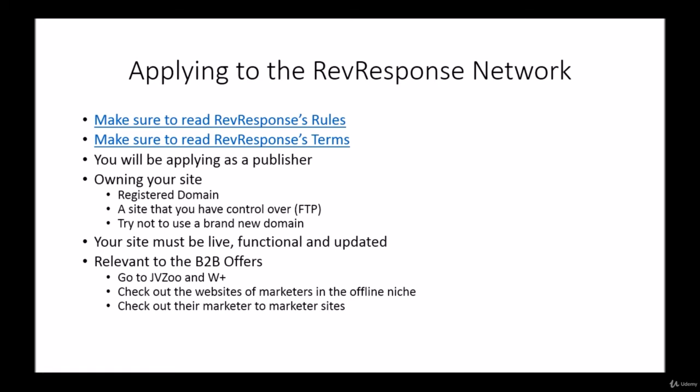And they're going to have offers on the JVZoo network. So you should be able to look at them and get a sense for what it is that they are actually doing, what it is that they talk about on their blogs or on their website. Now, the other thing that you want to do, and again, we're talking about what you're going to do in order to create the kind of website that's going to be acceptable to Rev-response. You need to be able to tell them that you have B2B traffic or that you can get it. And one of the other ways that you can do that is you will find that many of those same offline marketers are going to have